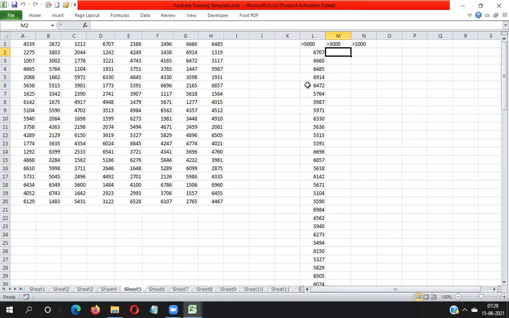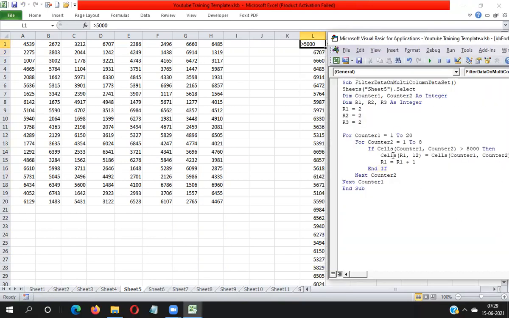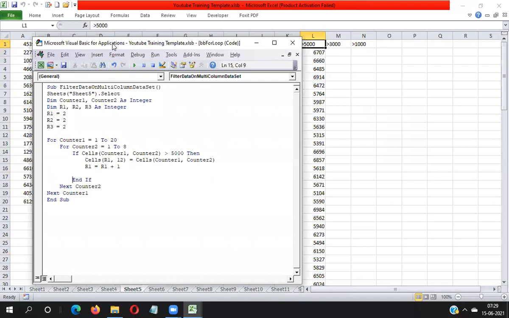Now I have two more conditions, more than 3,000 and more than 1,000. So how can we apply these conditions? I'm just writing here Else If cells counter 1 comma counter 2 greater than 3,000, then you have to filter data into M column.